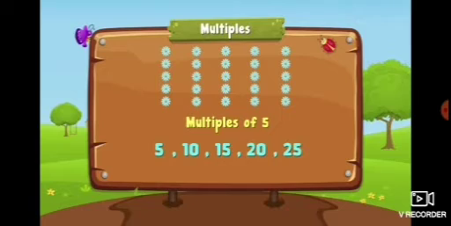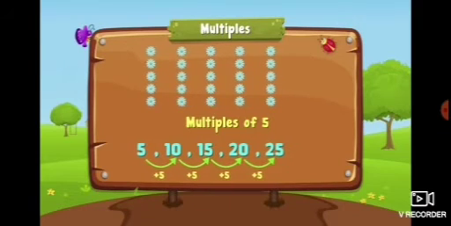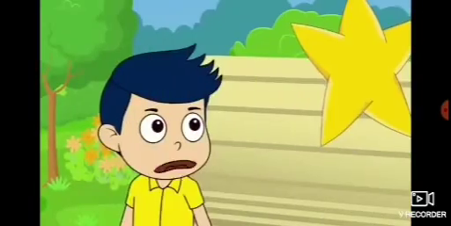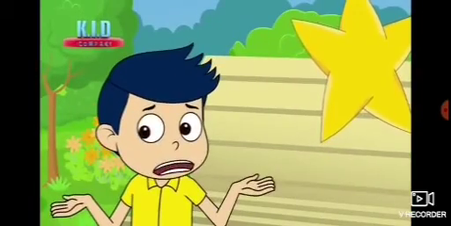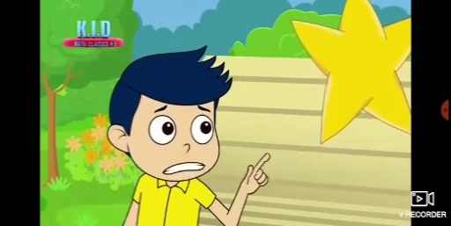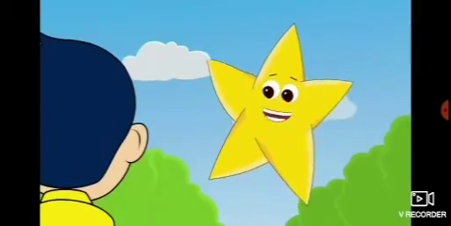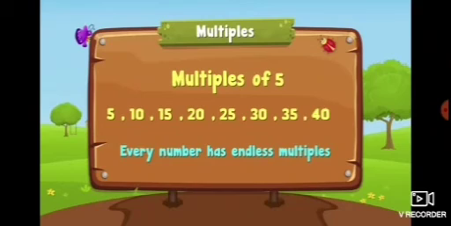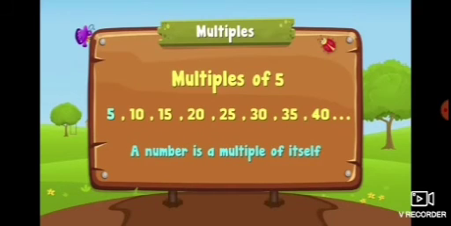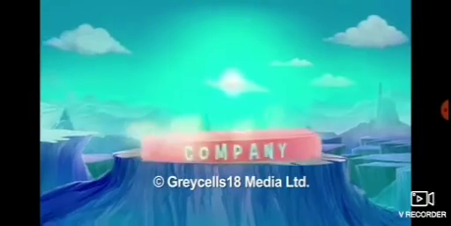Now they are the multiples of 5. Yes or no? They go in the 5's table. We can see that by adding 5, we get more 5s. So these are the multiples of 5. Understood? So now the child is thinking what to do with these 30 flowers. Now the multiples of 5 are what? A number is a multiple of itself. Yes or no? Yes. Then we know the 5's table.